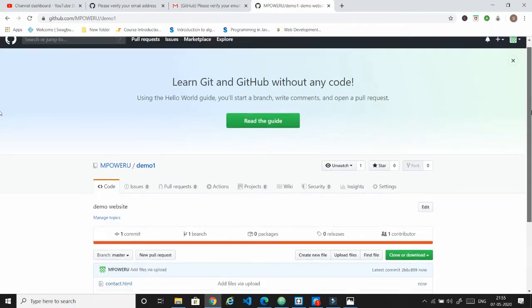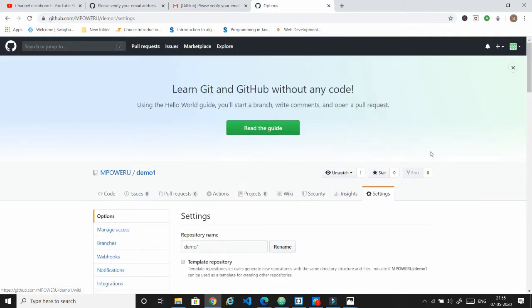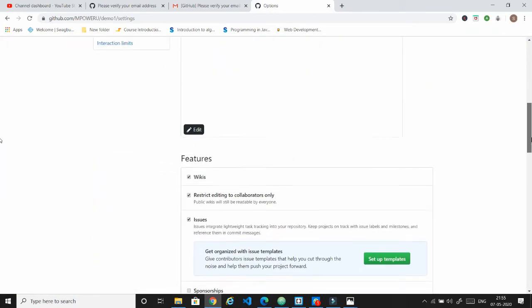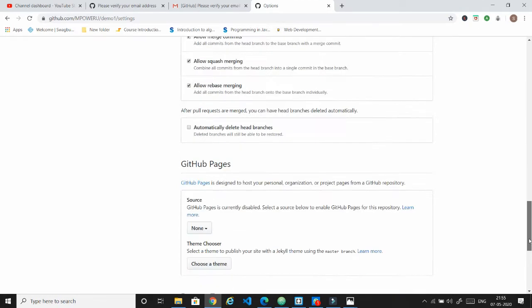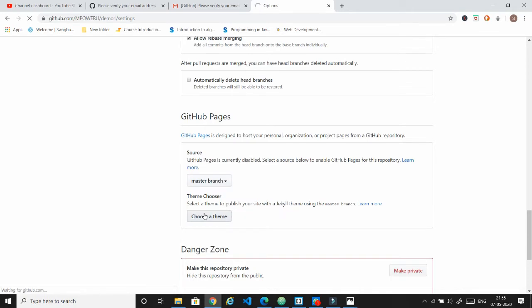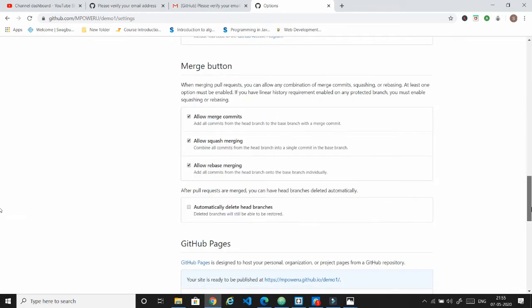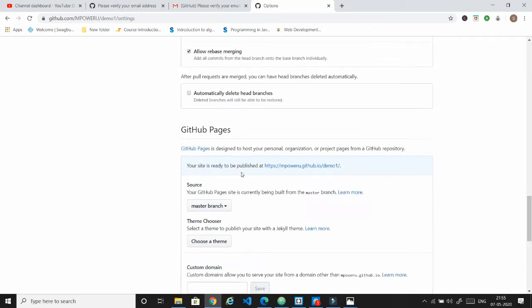So now I have successfully uploaded contact.html and index.html to the hosting, and now I want to create a link so that I can share that link, and by clicking that link my website should be loaded. So I'm just going to the settings, and in the settings I'm just changing this from none to the master branch. So the page will be reloaded,